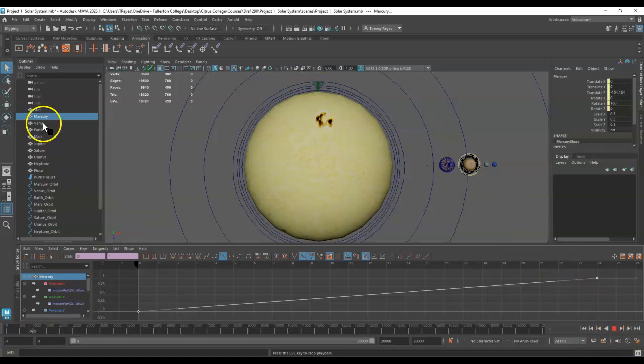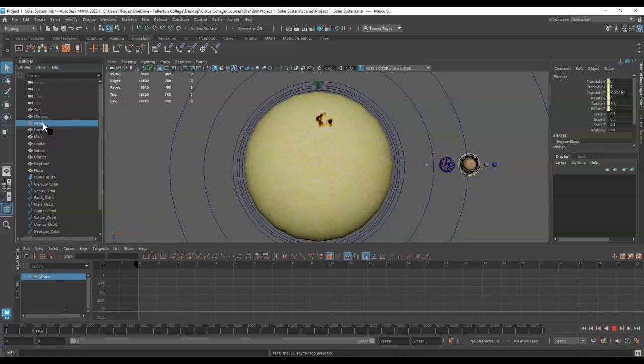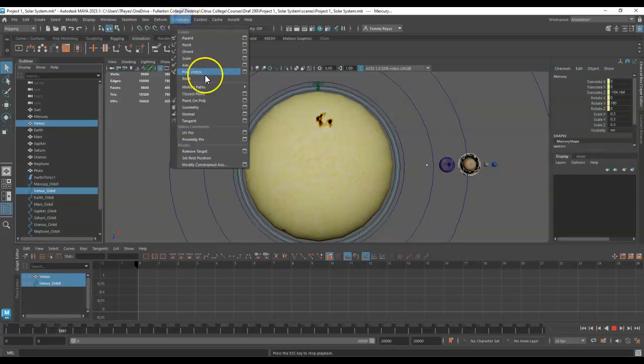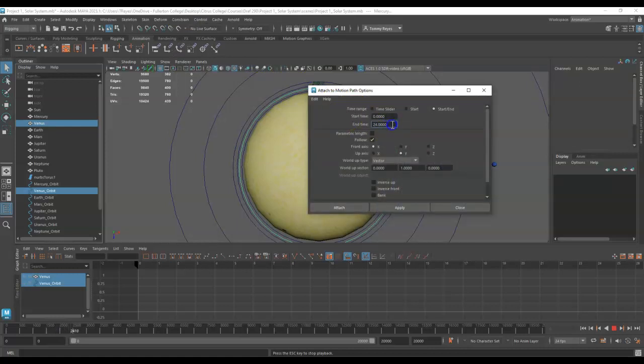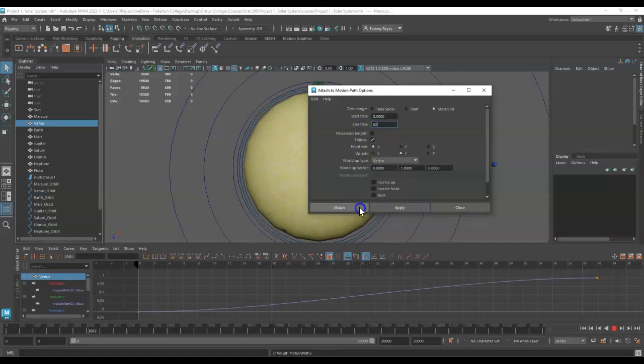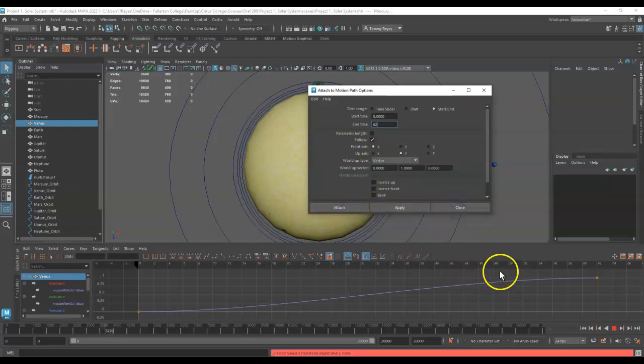Okay, and then Venus. We'll do the same to Venus. So select Venus here, select Venus orbit, hold Control, and then go to Constrain, Motion Path, Attach Motion Path, and the end time is going to be 62. Attach, close,